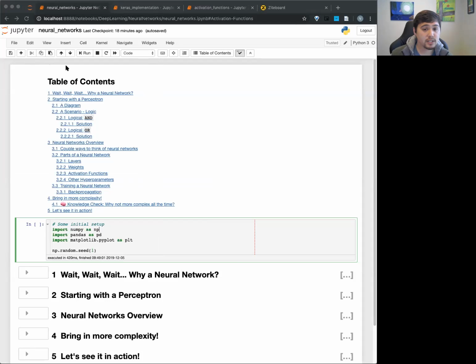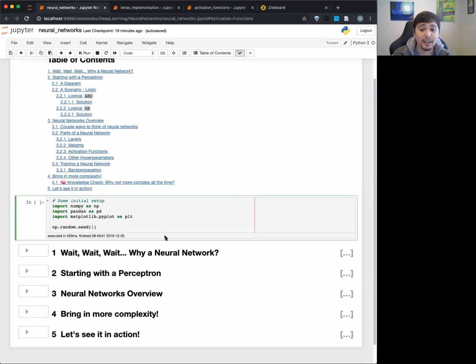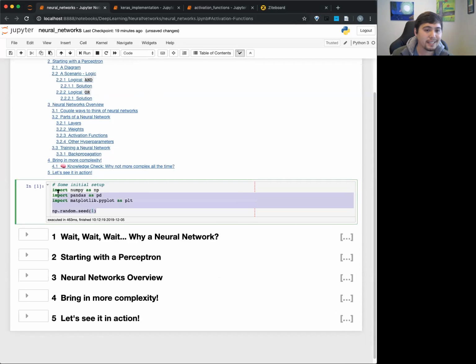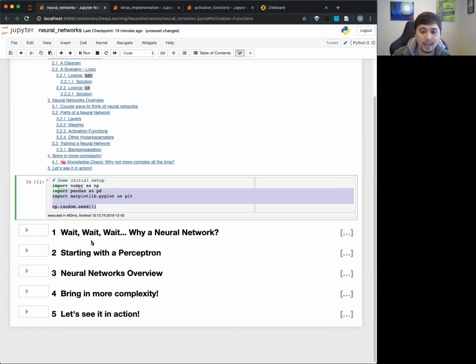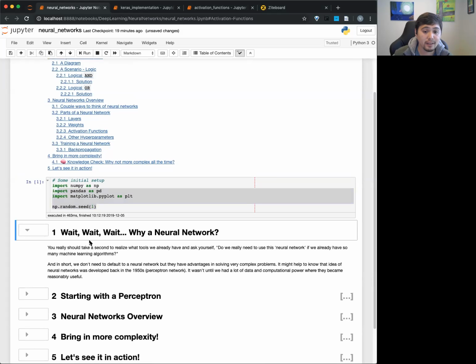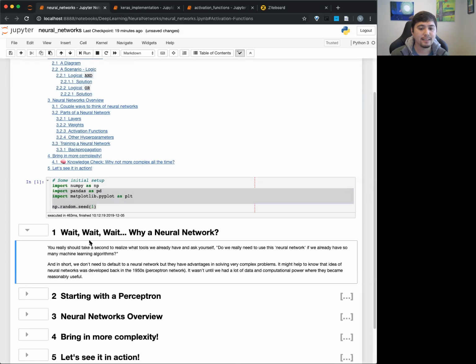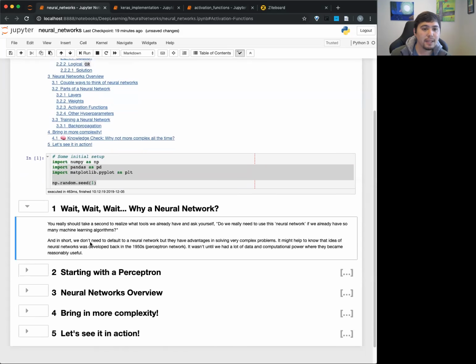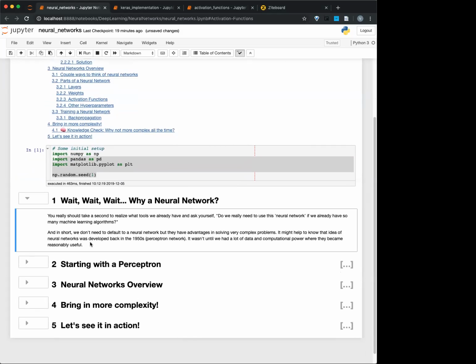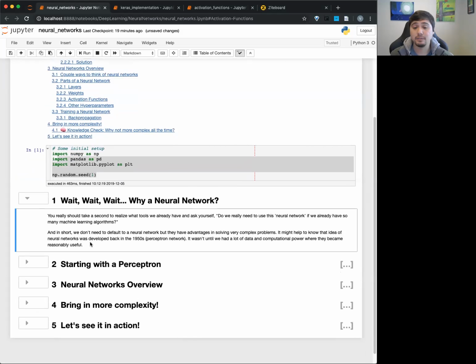You should all see this table of contents about neural networks on top here. This is in the repo that you can check out. All right, let's go right into it. I'm running this little extra setup so we can get some consistency and run some code. The first thing to talk about is the neural network. I assume you've seen sections 44 and 45 a little, so I'm not going to dwell too much on it, but I'll add some extra parts. The first thing you should really ask is: why do we use a neural network?